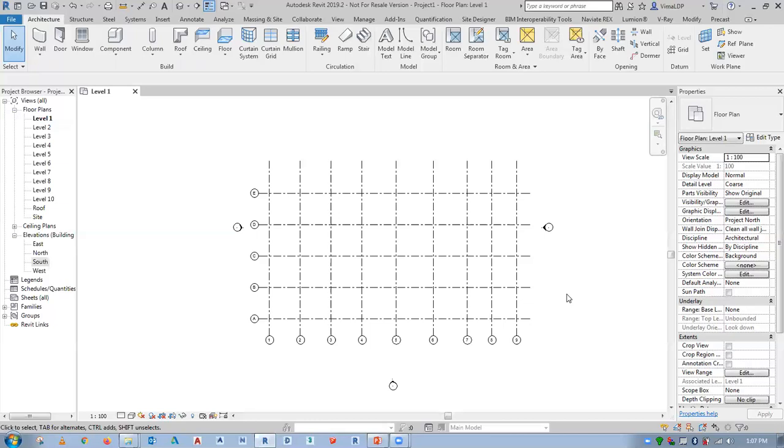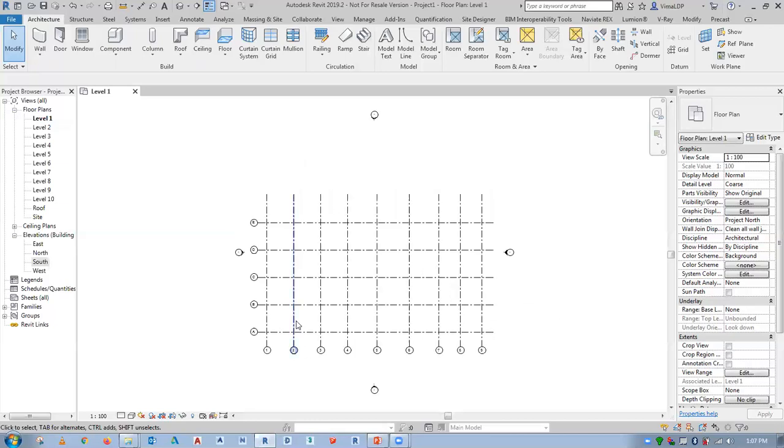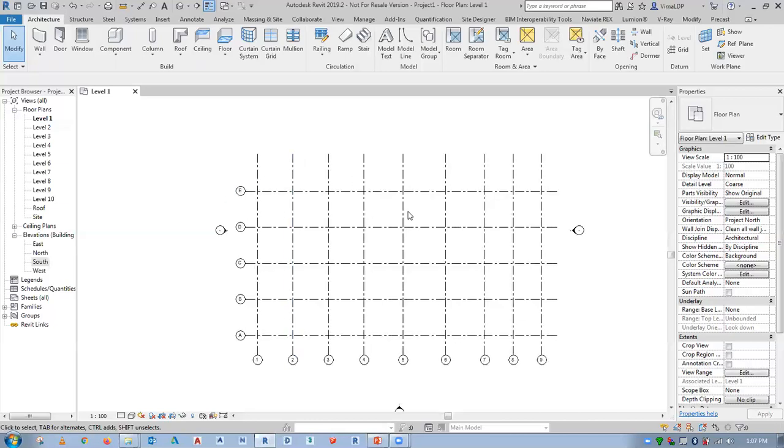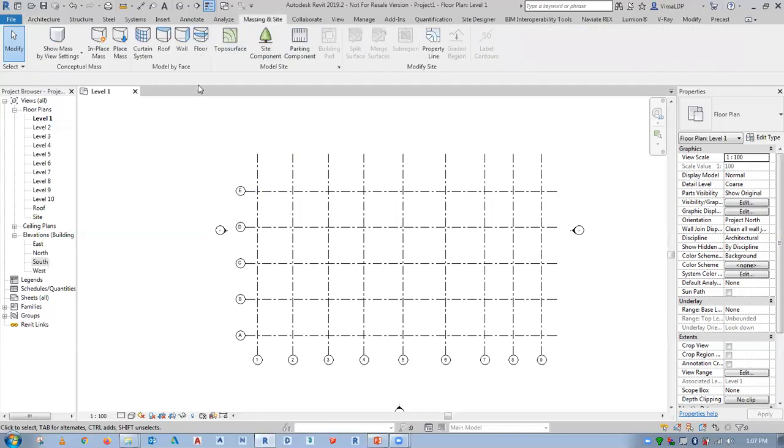So I have my grids created. Now these are for my reference, which we are going to use while creating my mass model or mass element. Now to create the mass, what we do is we go into the Massing and Site tab,